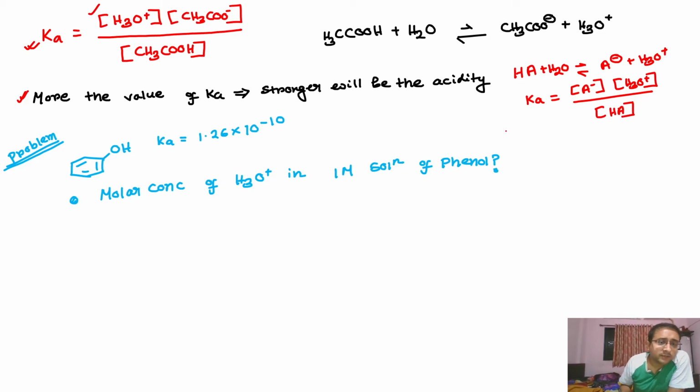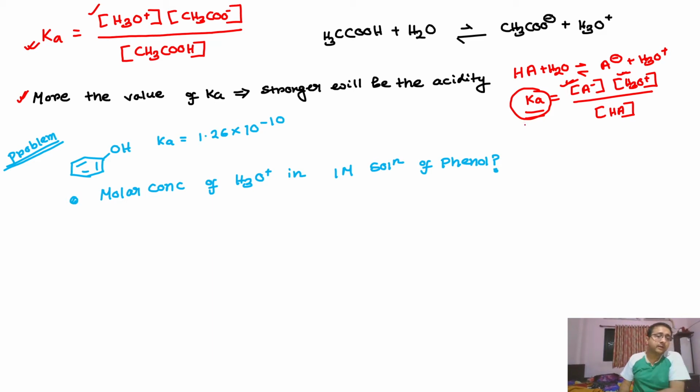Now, if the value of the acid dissociation constant is very high, then the concentrations of the dissociated form, A minus, and hydronium have to be very high, which suggests that most of the acid is in the dissociated form. So a higher value of the acid dissociation constant determines that the acid is stronger. On the other hand, if the value is low, the concentration of the dissociated form A minus is lower, which suggests that the acid is weak in nature.